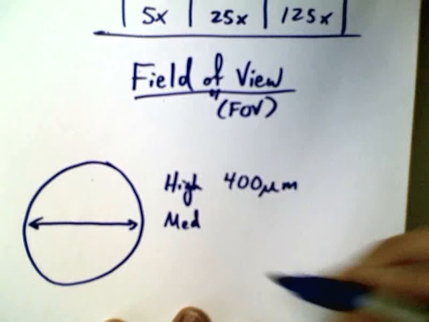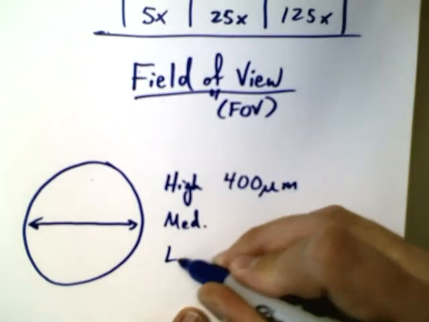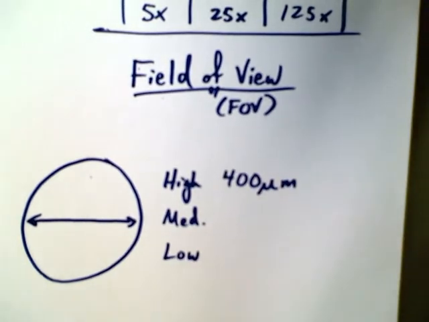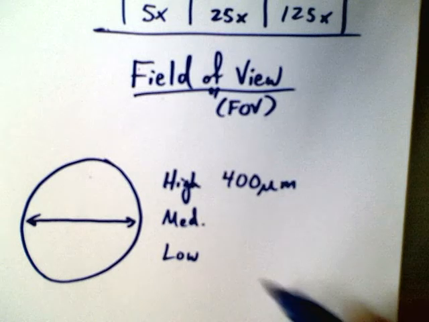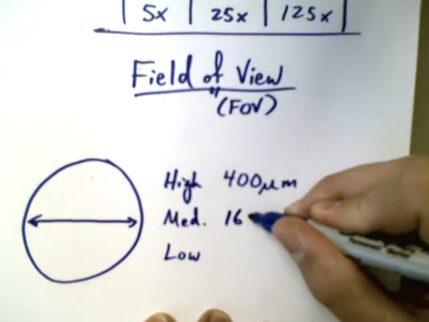Of course, we have a medium magnification, and we have a low magnification. Now, I got to ask you, as you go down from high magnification to low magnification, should the actual field of view be getting bigger or smaller? Yeah. You're zooming out, remember? Bigger, yeah. Because that's what magnification getting lower means. Lower magnification means it's like you're zooming out, because that's the language we've all kind of come to understand when we're looking at Google Maps or something like that. So we're getting a wider field of view. So 1,600